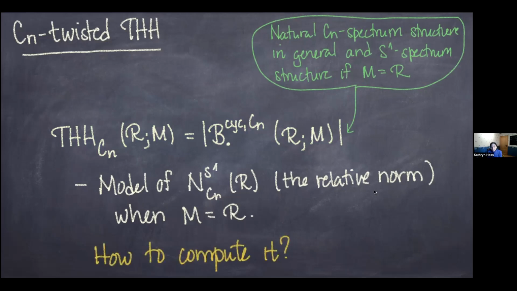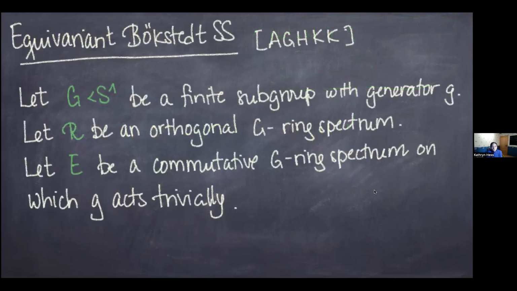So this is something that's nice and important because we're talking about norms in this case, but how can you compute it? What we did in our first project was to provide a tool in order to be able to do some computations of this twisted topological Hochschild homology. So we developed an equivariant version of the usual Bökstedt spectral sequence,